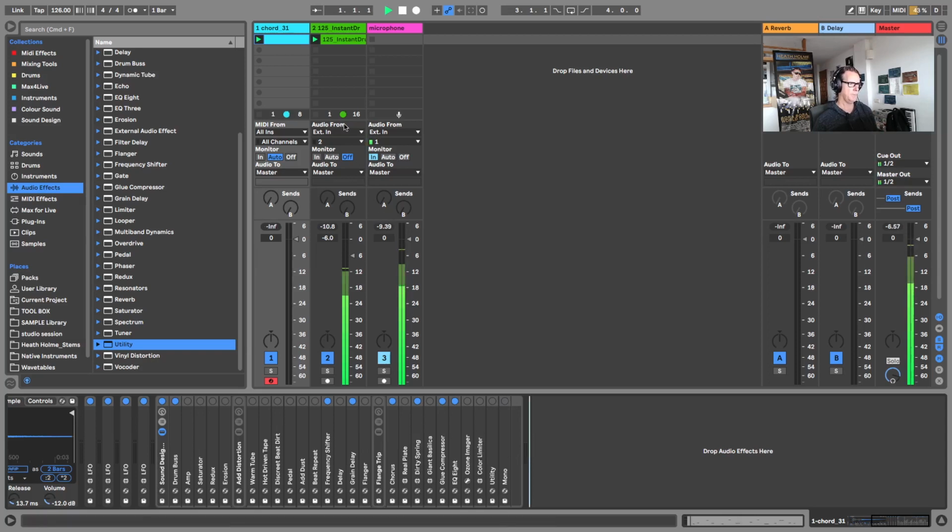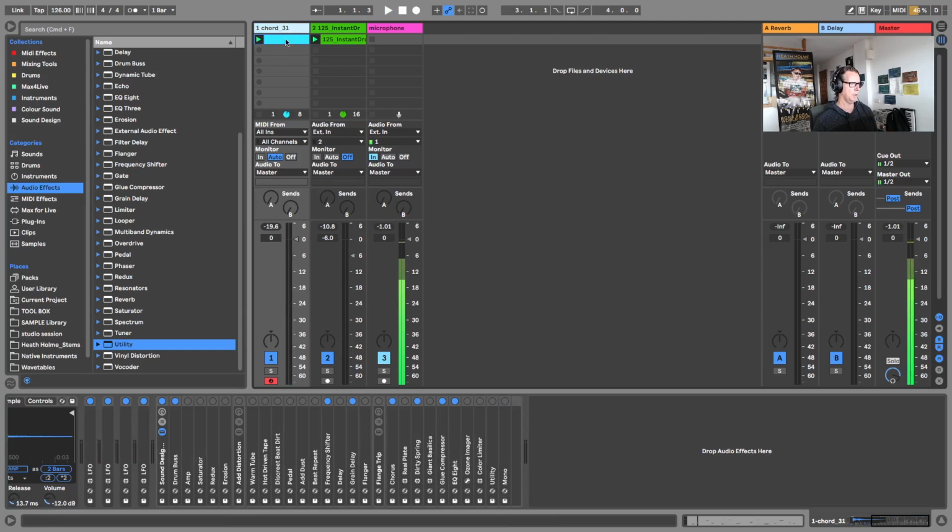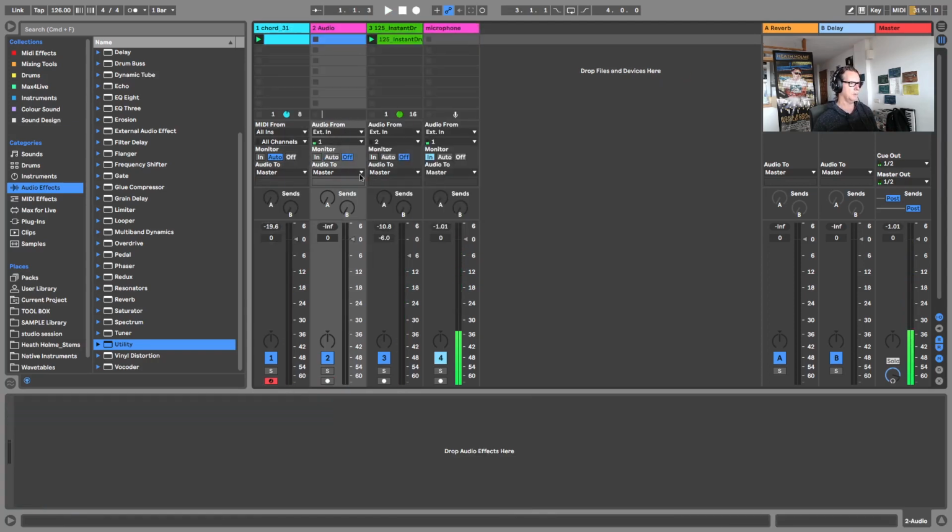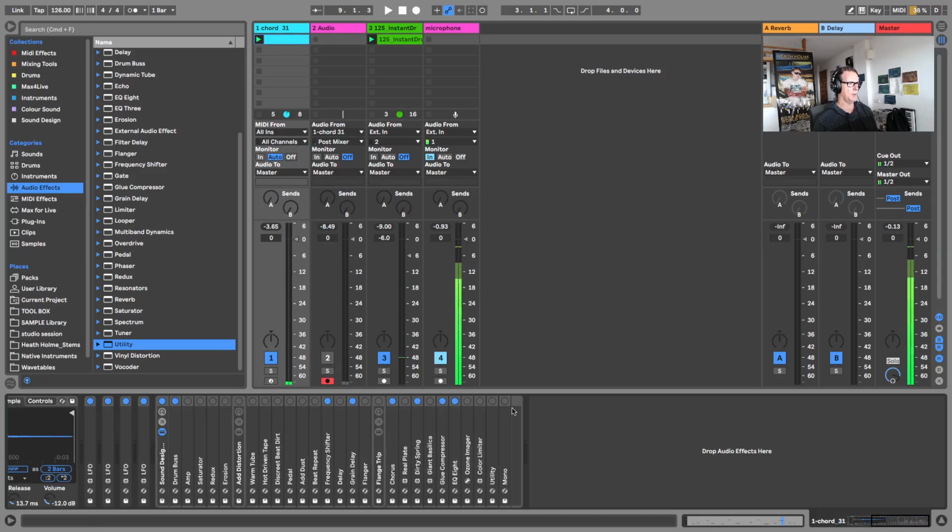And finally, I'm now going to open up an audio track alongside my MIDI track with a chord on it, and I'm going to route the audio from this chord MIDI track into this audio track. So I'm going to choose up here the audio from that chord track. I'm going to arm that track, and I'm now going to play, and I'm just going to check here what sort of volumes I get when this plays through, and I'm currently sitting at around -3 in this little box up here that I can keep clicking and resetting on the channel fader, and I'm looking for somewhere around about -1,